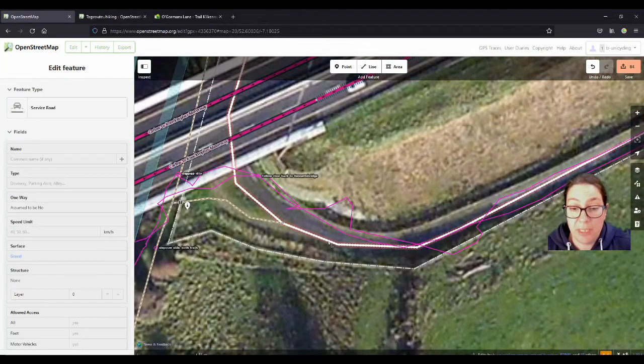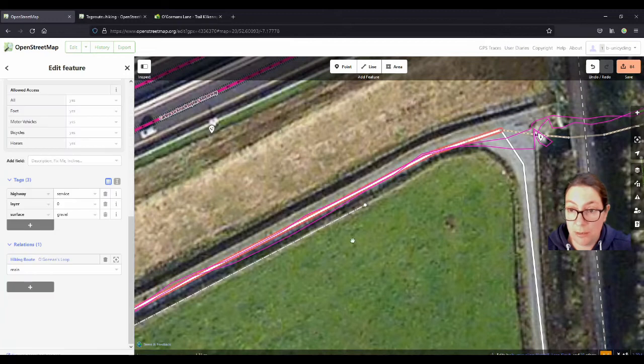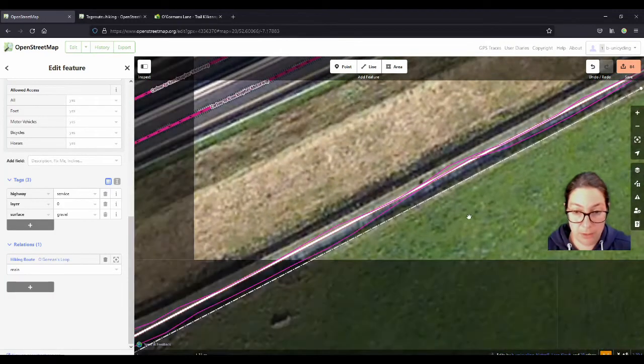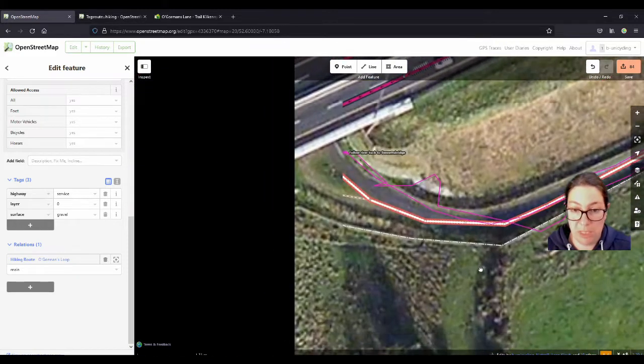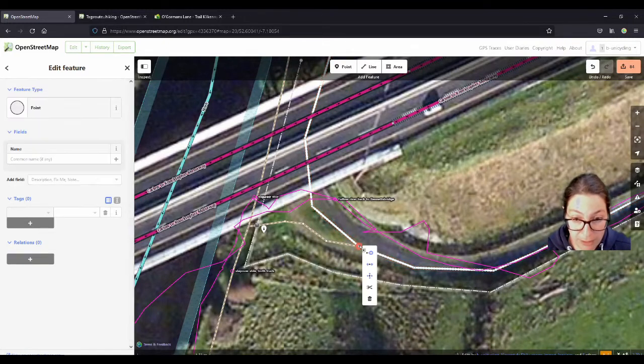So here we have a case where I didn't look how far this track went, and I just highlighted the whole thing and added it to the loop, and that might happen to you as well if you don't listen to my instructions like I just did myself. So it continues on under the motorway bridge, but it doesn't actually. So what you can do there, you can undo whatever you've done up there with the undo button, but you can also just split the track here.